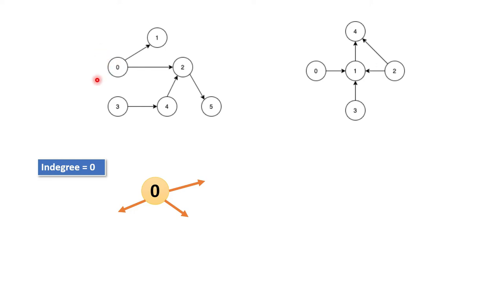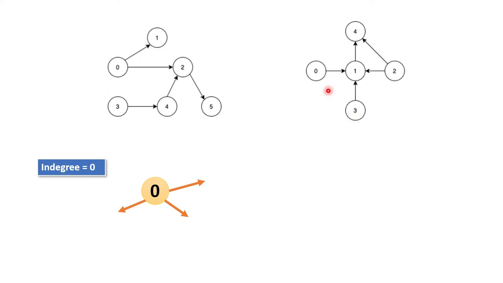Suppose in this example the node 0 has in degree value as 0 because all the edges are going outwards. For 3 also this is the same case. To visit 0 and 3, there is no way you can come from another node, right? Because no nodes are going towards 0 or 3. So you have to start from 0 and 3. There is no other way. And if you look closely, you can see that if you start from 0 or 3, you can cover all the nodes. From 0 you can cover 1, 2, 5. From 3 you can cover 4 and 2 and 5. Means all nodes you can cover.